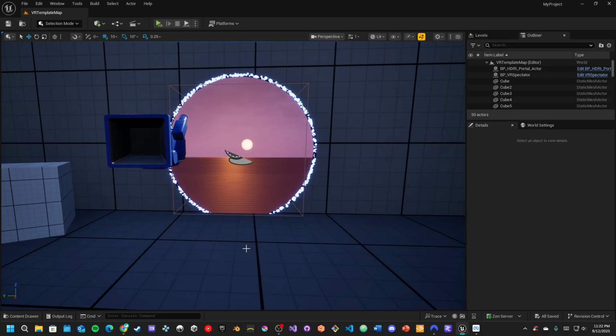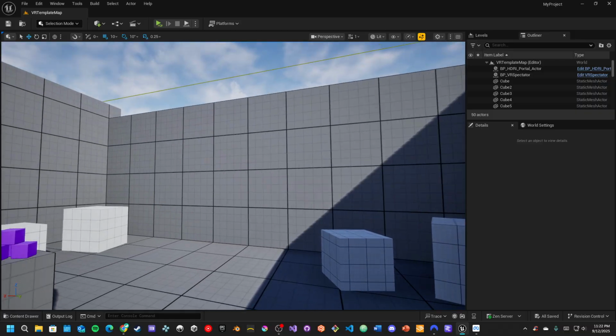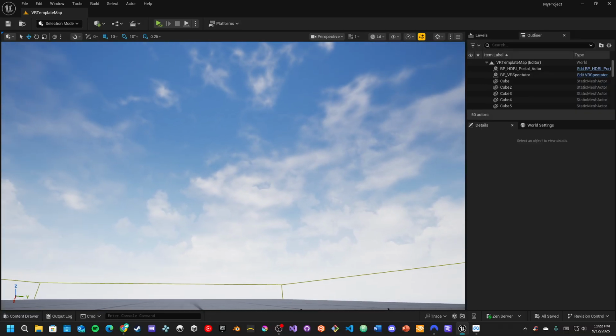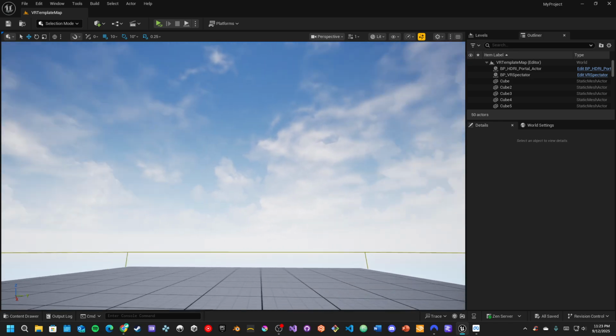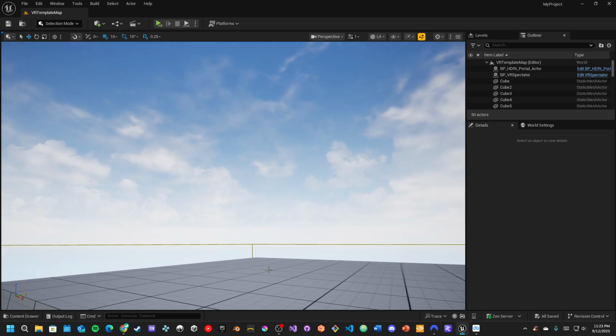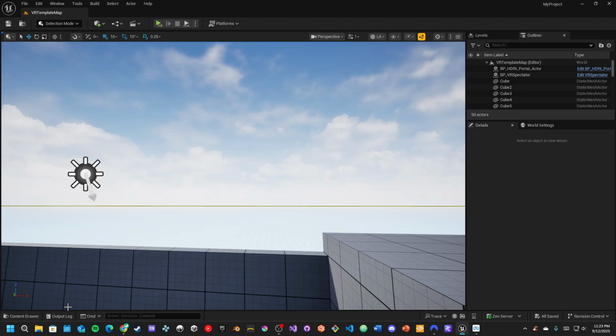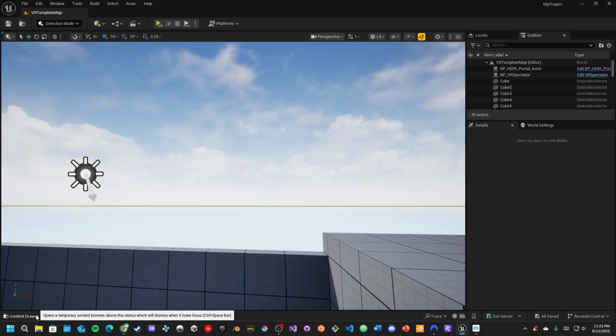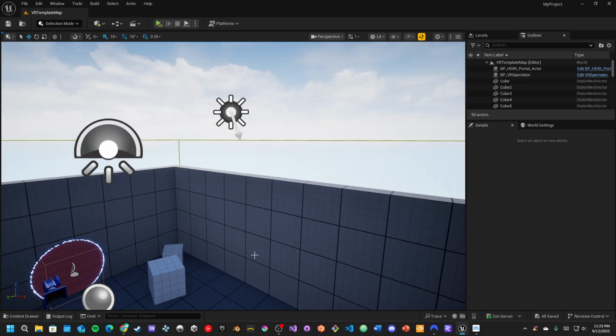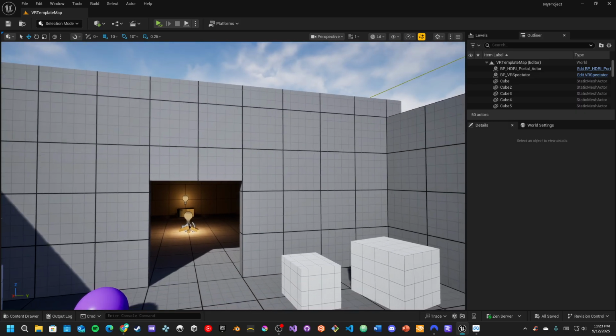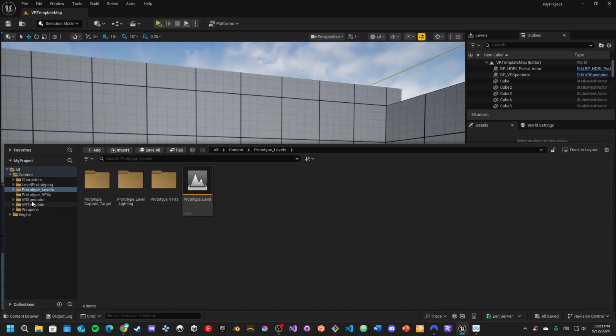Okay, let's see. To start off, the main part of this week's tutorial was importing assets and lighting. Importing assets, I think I actually covered in the last video, but I might as well do it again here, because I forgot if I did. If you want to import assets into your project, say I don't want to work in this level because it's kind of bland. Let's see, if I open up, yeah, I don't have anything in this project right now,